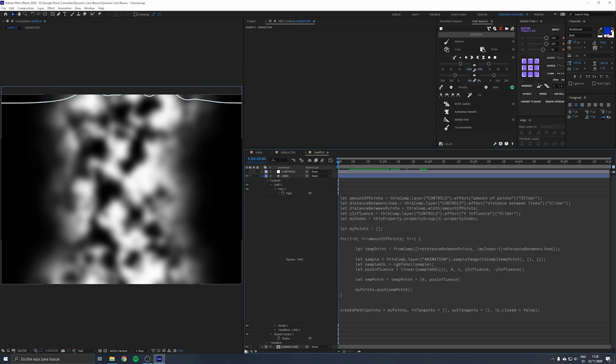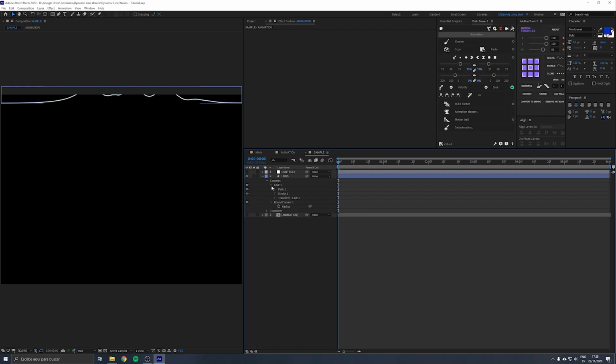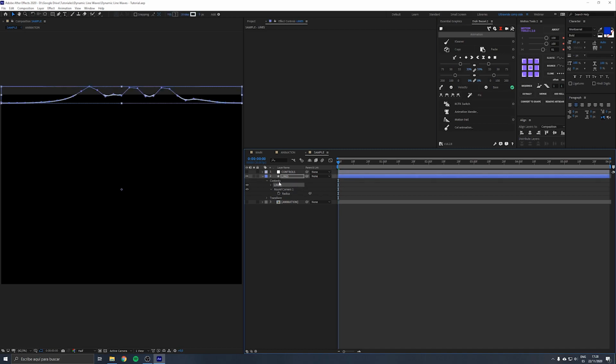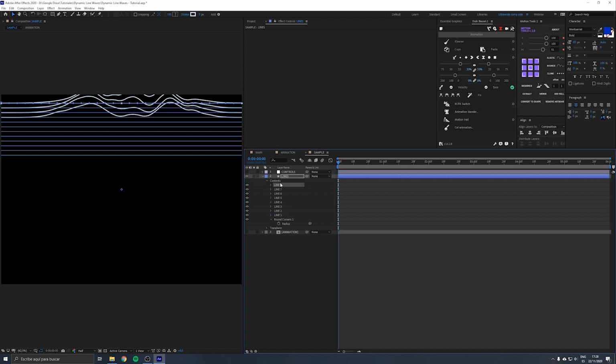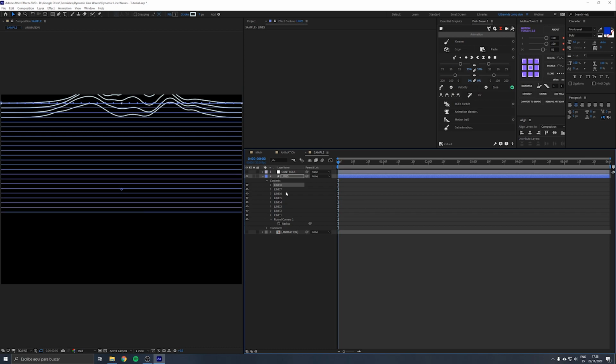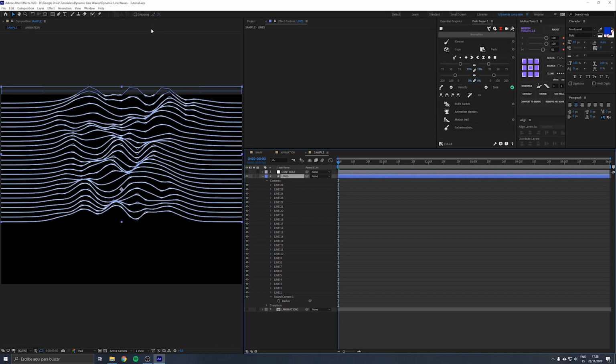All right, so now to create all of the lines, so I have one right now. It's quite simple. I'm just going to select the line 1 and just going to duplicate it quite a lot, and you will see that I have all of my lines right here. Maybe I'm just going to reduce the stroke width maybe to 2